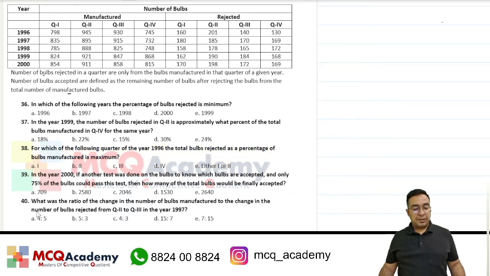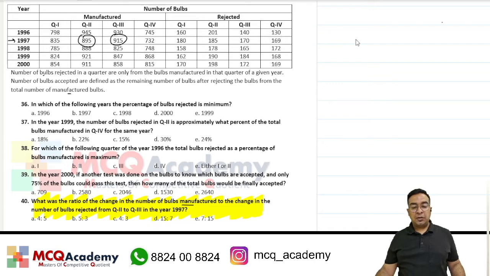Question number 40. What was the ratio of change in the number of bulbs manufactured to the change in the number of bulbs rejected from quarter 2 to quarter 3 in the year 1997? 1997 की बात यहां पे की जा रही है, क्वार्टर 2 से क्वार्टर 3 के मूवमेंट की बात की जा रही है. तो the number of bulbs manufactured क्वार्टर 2 से क्वार्टर 3 पे जाते हुए चेंज देखिए कितने का आ रहा है,